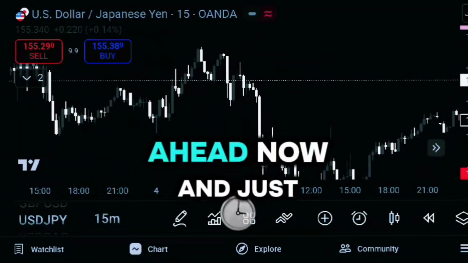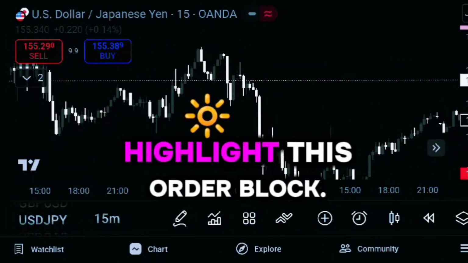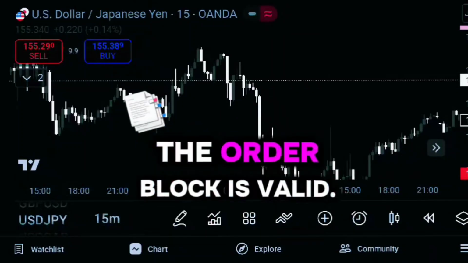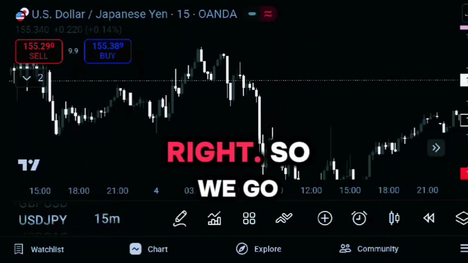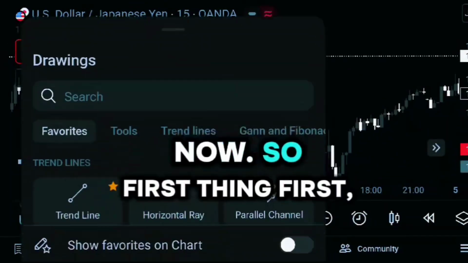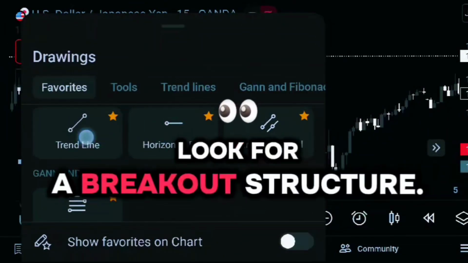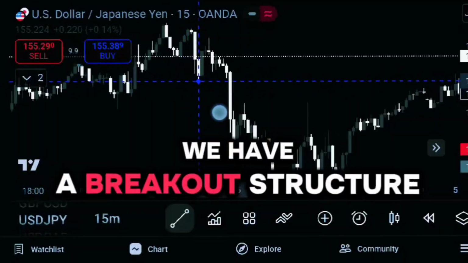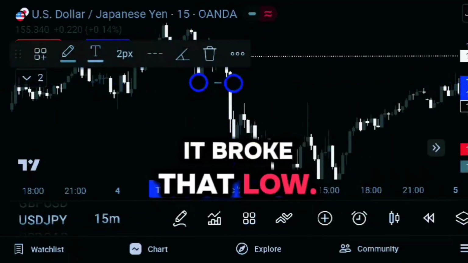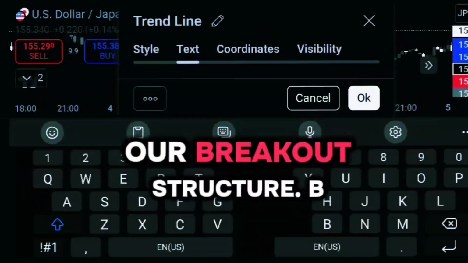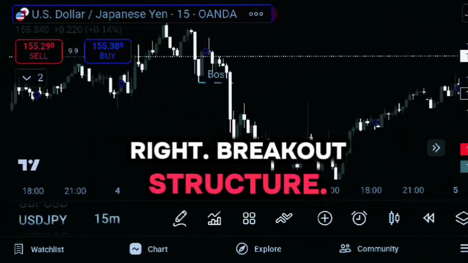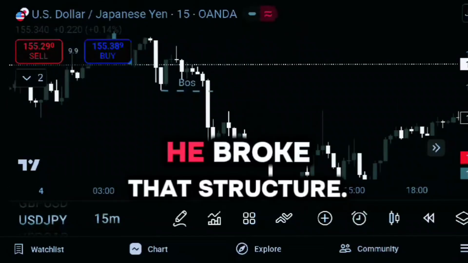So we can go ahead now and just highlight this order block, look for confirmations to make sure that the order block is valid, right? So we go ahead and do that right now. First things first, look for a breakout structure. We have a breakout structure right here. It broke that low, so we're gonna label this our breakout structure, BOS, right? It broke that structure,